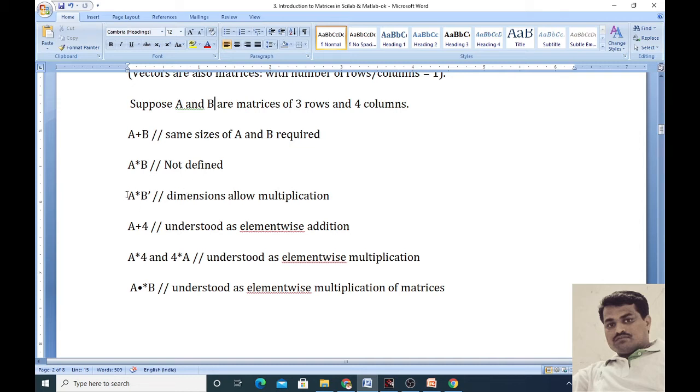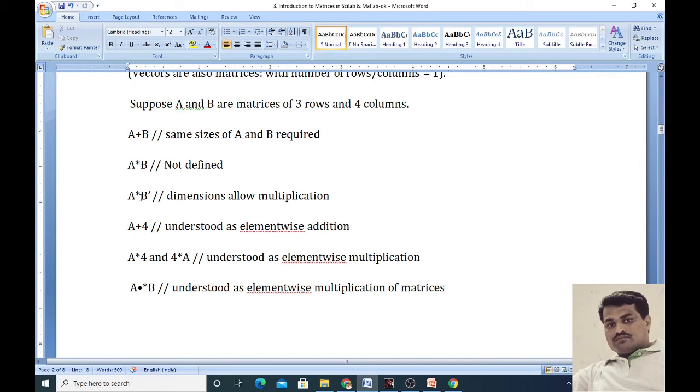Hence we can find out A into B dash. B dash means transpose of matrix B. Transpose means to interchange the rows and columns of the given matrix. Okay, this is the command used for the multiplication, and you remember that condition for the multiplication of the two matrices.